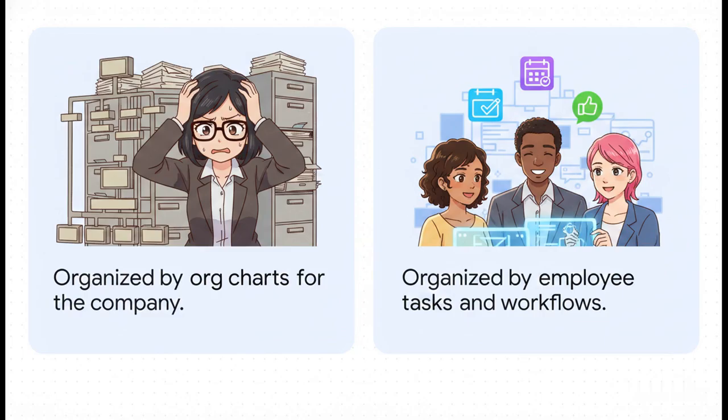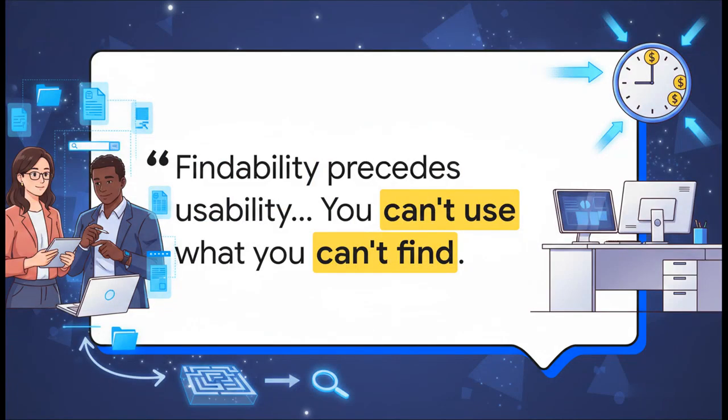They're organized by the employee's actual tasks and the quote-unquote jobs to be done. A successful platform has to be designed around real workflows, like finding the HR policy, requesting time off, or getting IT help. You really have to measure success by how quickly a task is completed, not by how many clicks a particular page gets. So, the crucial point here is captured perfectly by information architecture pioneer Peter Morville. He says findability precedes usability. You can't use what you can't find. Hit the nail on the head, right?